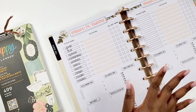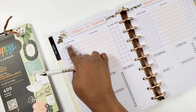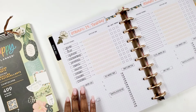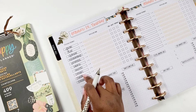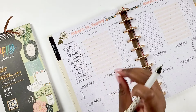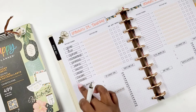Now, say for instance, you do not have 10 goals, right? Well, the daily grind can be set up and fit to you. I don't want you to think that you have to have 10 exact goals. Like, if say you only have 5 goals, okay? Or say for instance, here I technically have 7 goals, but one of my goals has 3 points to it. I can just write creator here and then use a sticker or highlight these 2 areas to shade this out,